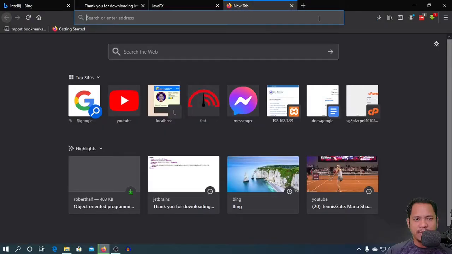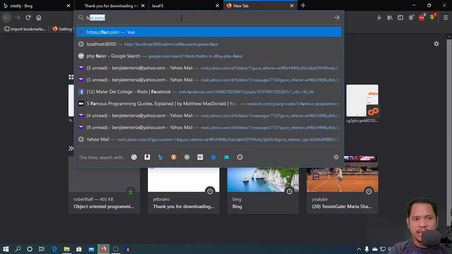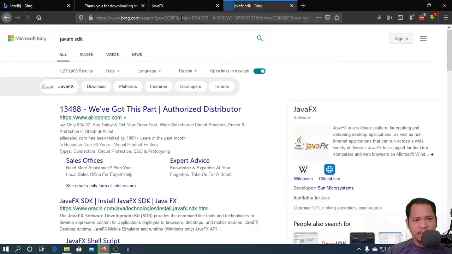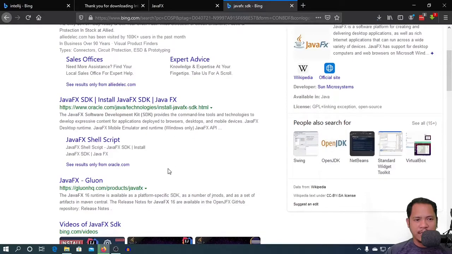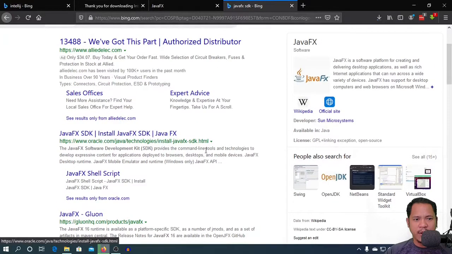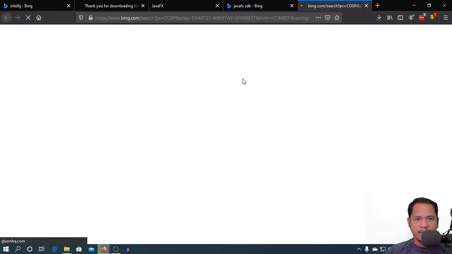But to download, let's also search here JavaFX SDK, which is going to be here. We won't be using the Oracle because we'll be using the open source one, and it's on Gluon HQ. So let me click on that,